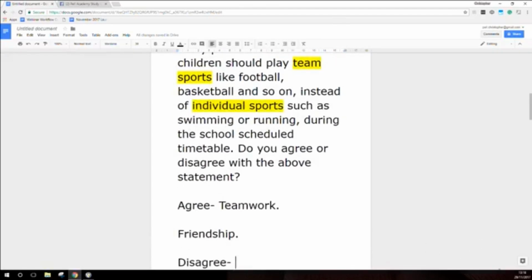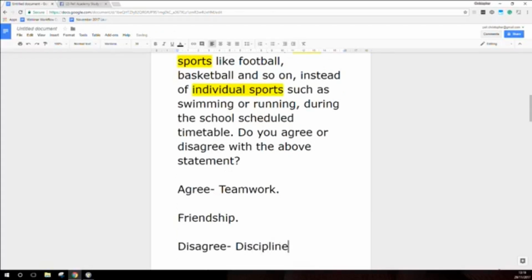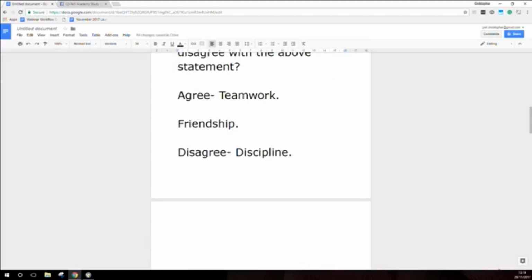Disagree. Let me see. Why would someone disagree with that? So why would somebody say, no, I don't want my child playing team sports. I want my child to work on just individual sports. Why would a parent say that? I think they could talk about discipline. So it's difficult getting up every morning, and let's say you're a swimmer, getting up every morning, going to the swimming pool by yourself, and just getting there and doing it by yourself with nobody watching. Arguably, it takes more discipline and more motivation to do these individual sports than it does to team sports. There's an argument that that's not the case, but let's just keep it simple. So disagree, discipline, also